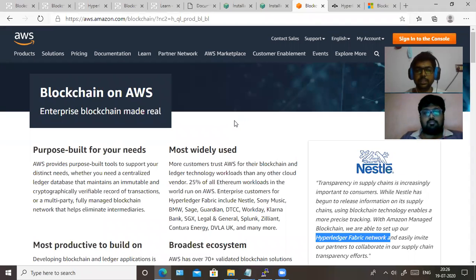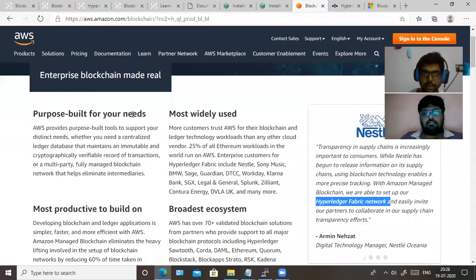Blockchain, as you know, is an immutable technology. Every block is immutable, and you need more storage. If you prefer a managed blockchain, these cloud vendors provide the infrastructure and the framework where you can run your blockchain smart contracts.